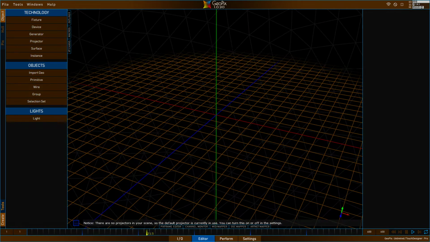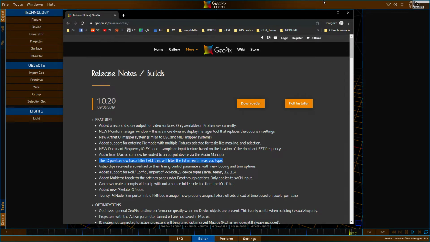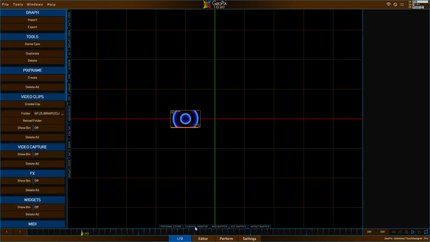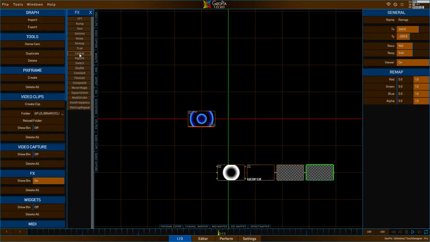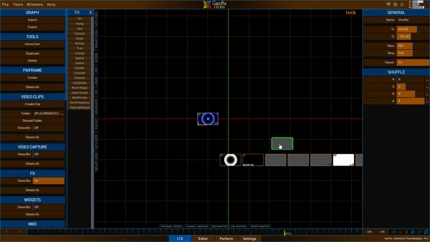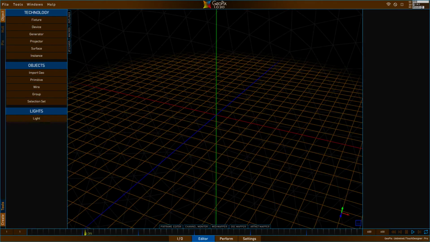So continuing onwards, the I/O palette now has a filter field. So this is quite a nice, useful feature, quality of life. So let's go ahead and make a few things over here. We'll just go ahead and make a handful of nodes. All right, so we have, let's say we have a projector,